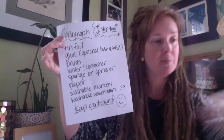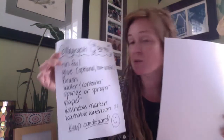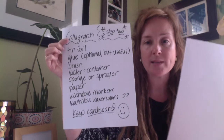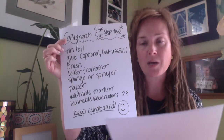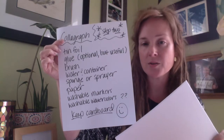Paper, you're going to need paper. Oh my goodness, here. I'm still using computer paper. If you have good quality paper, like say something out of a sketchbook, this would be a good time to start to use that paper, but I would do a couple rough drafts on the computer paper first